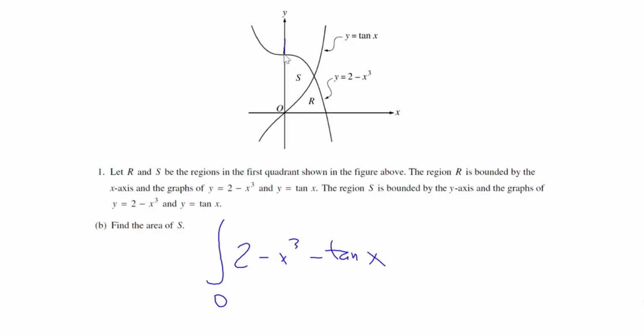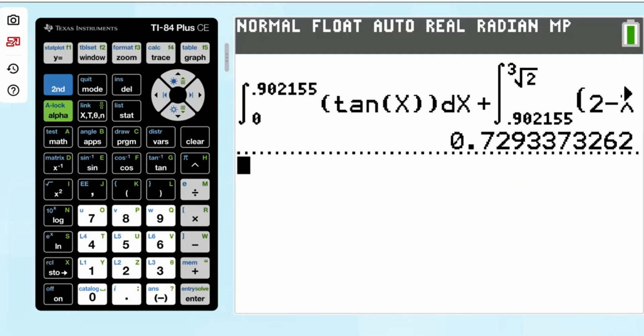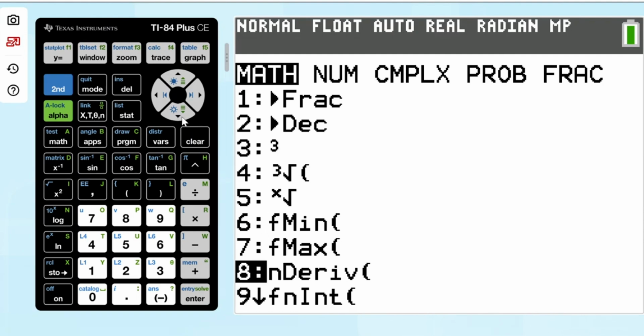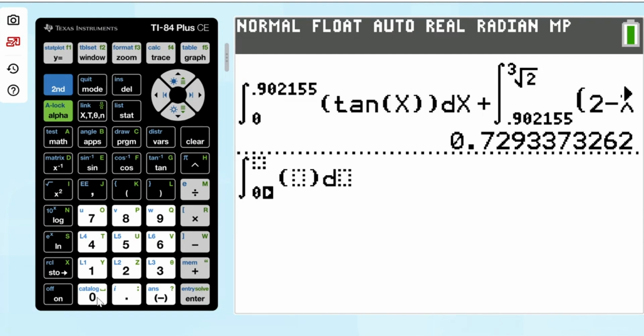And we're going to integrate that from 0, the left bound, to that a value that was our right bound, which was that 0.9 value. So that's all we have to do to find that area. We'll just go into our graphing calculator. We're going to do math option number 9. We're going to integrate from 0 to that a value, which is